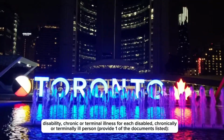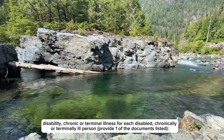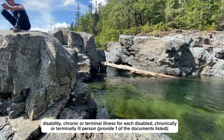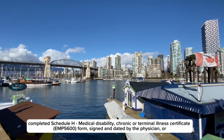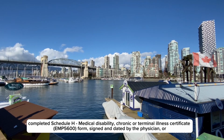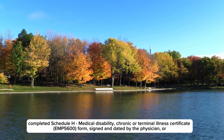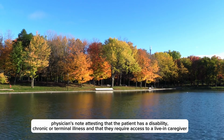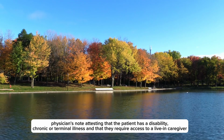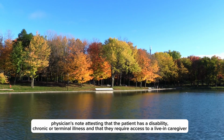Disability, chronic or terminal illness for each disabled, chronically or terminally ill person. Provide one of the documents listed: completed Schedule H medical disability, chronic or terminal illness certificate, EMP 5600 form, signed and dated by the physician, or physician's note attesting that the patient has a disability, chronic or terminal illness, and that they require access to a